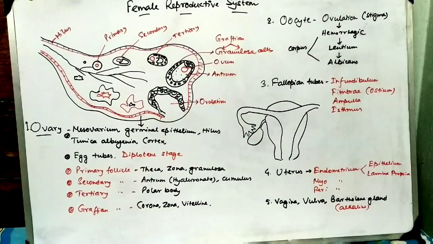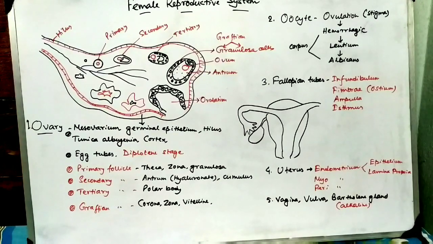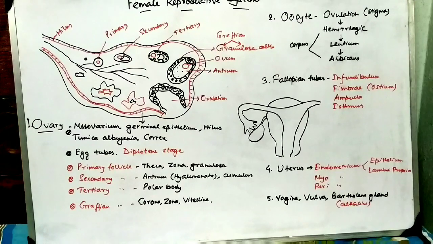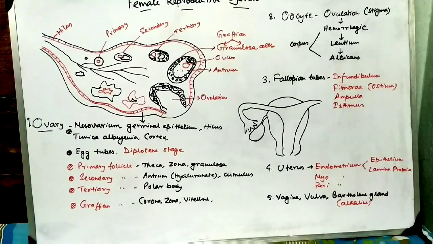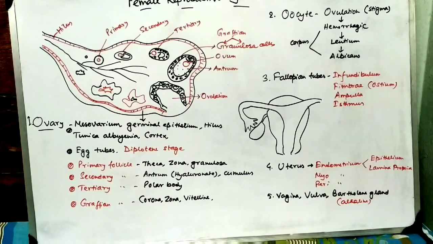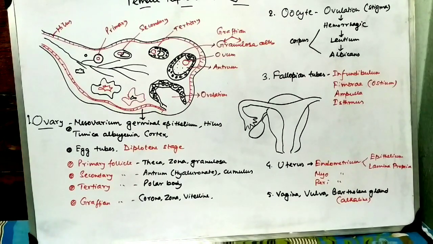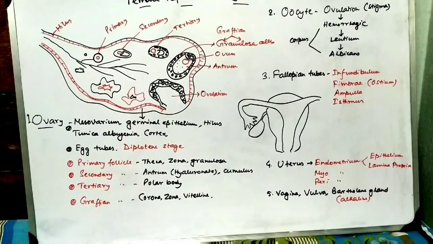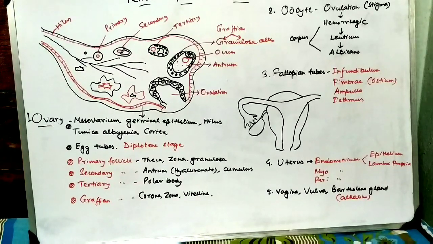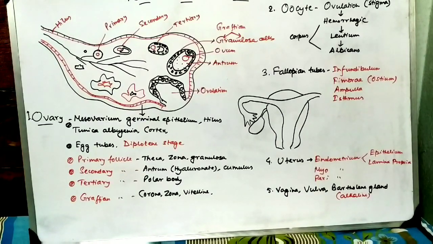In this female reproductive system, you can find it very important for the NEET as well as for higher secondary examination. Female reproductive system consists of mostly different types of organs, different types of cells and different types of tubules. You can already see a histological diagram of the female reproductive system